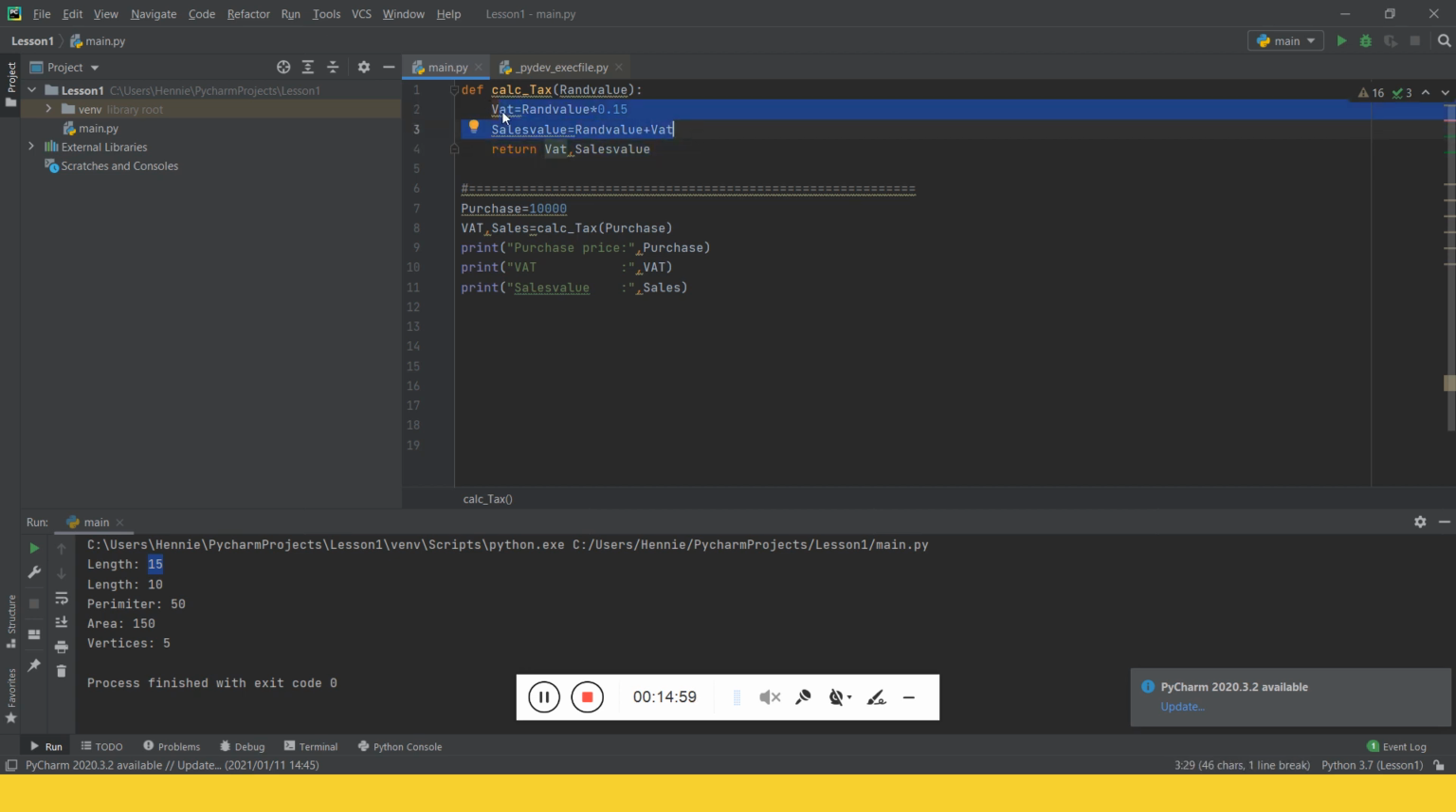I want to calculate the VAT, and I want to calculate the sales value, which uses rand value as input. Then I want to return what I've calculated to the main program. If I don't use return, it would stay in that program. It will never be retrieved. But if I use return, it needs to be returned, and it